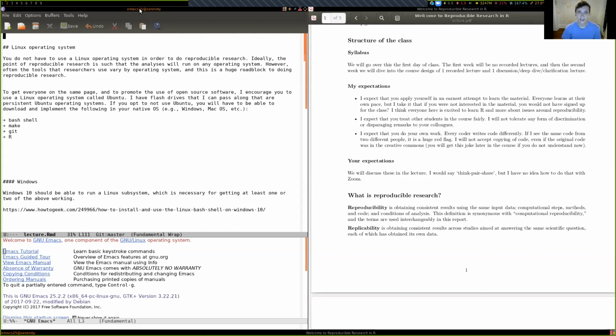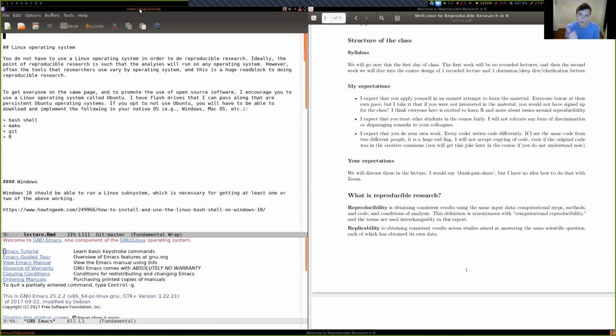I will try my best, but I really don't want us to get hung up on installation issues and version issues, because that would be an embarrassing stumbling block for a course on reproducible research. So, things that come either natively or are easy to install within the Linux operating system, and specifically Ubuntu, which is very user-friendly,